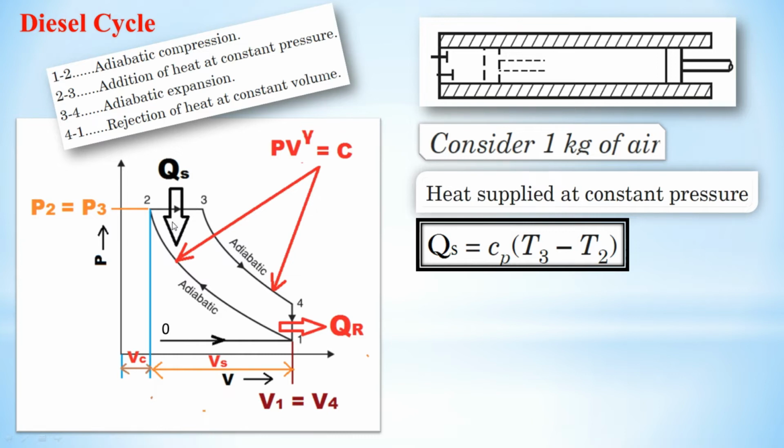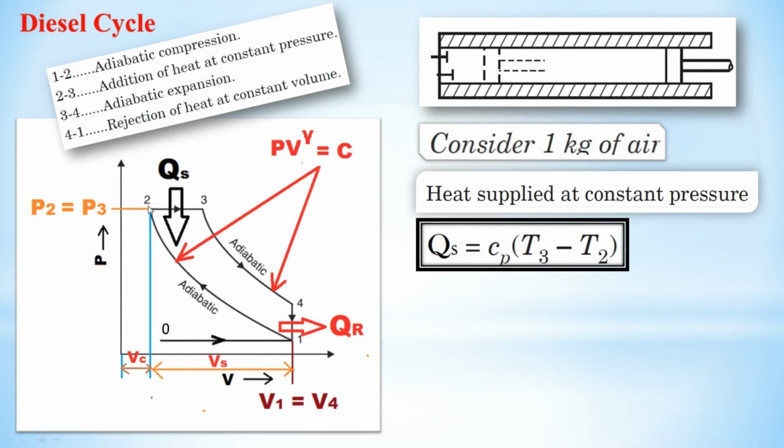We have already discussed that gases have 2 specific heats and water has 1 specific heat, because in case of a gas, we can supply heat energy through a constant pressure process and through a constant volume process. Whenever we supply heat at constant pressure, we consider Cp, the specific heat at constant pressure. In our previous derivation of the Otto cycle, heat supply took place at constant volume, so we considered Cv.